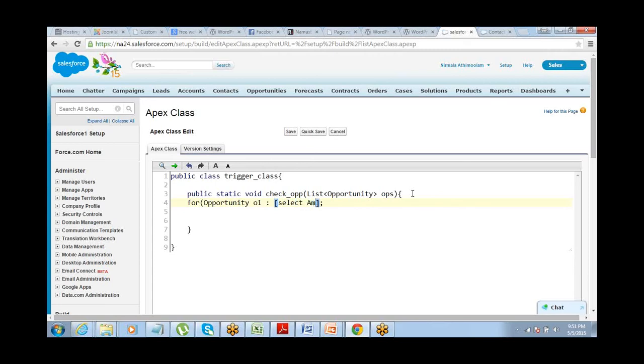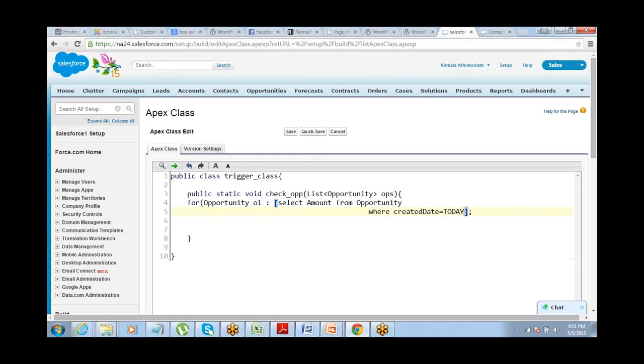So I say select amount from opportunity where created date equals today. So this will only check the records which have been created today, and there is another logic that I want to put, that the created by user should be the current user.